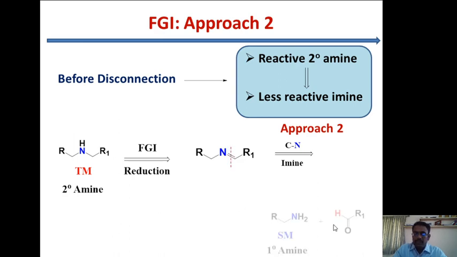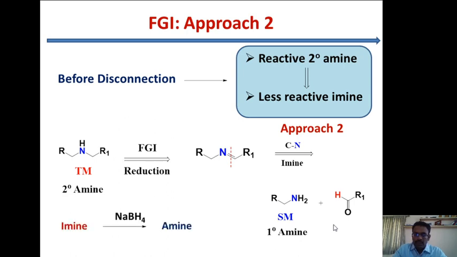Then we do the disconnection at the CN bond to get the right starting materials, the amine and the aldehyde. So here we use reduction chemistry,